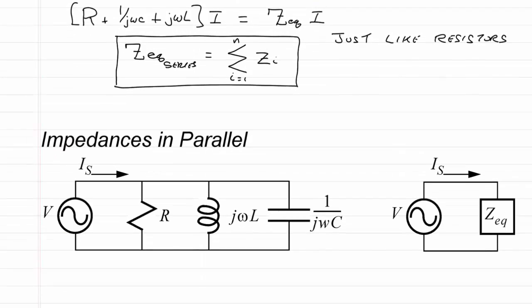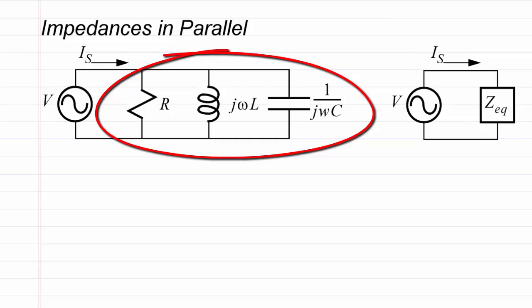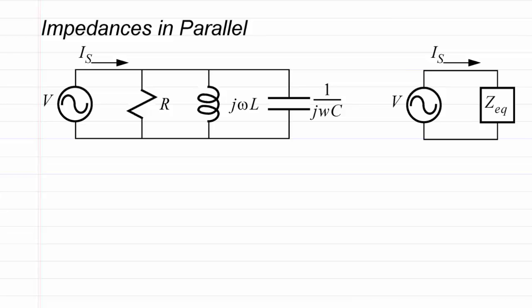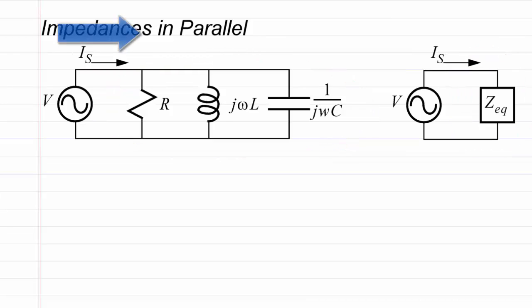Moving on to look at impedances in parallel, we'd now like to determine the equivalent impedance of a resistor, an inductor, and a capacitor all in parallel. Again, we suspect that it's going to behave just like resistors in parallel, but for these two to be the same, if I apply the same voltage across them, the current flowing from the source, Is, must be the same in both cases. In the first case, we can see that Is will be equal to the sum of the current down through the resistor, IR, plus the current down through the inductor, IL, plus the current down through the